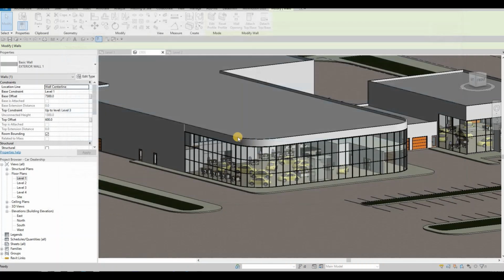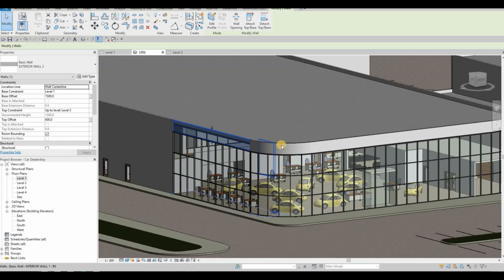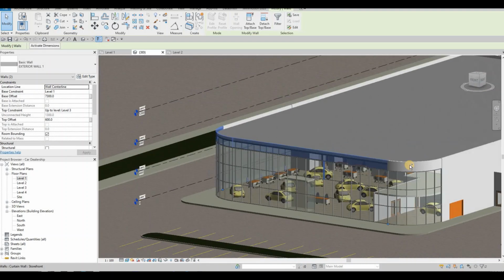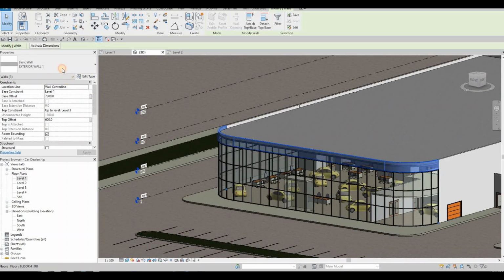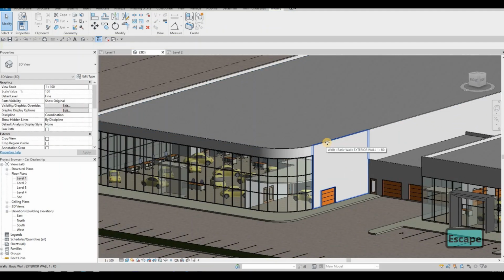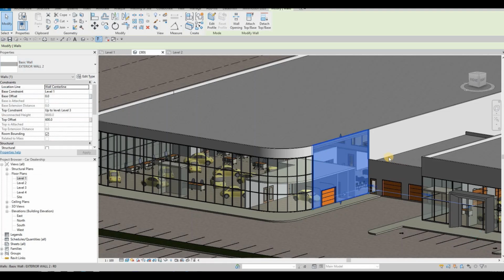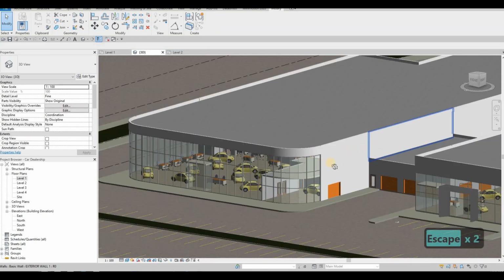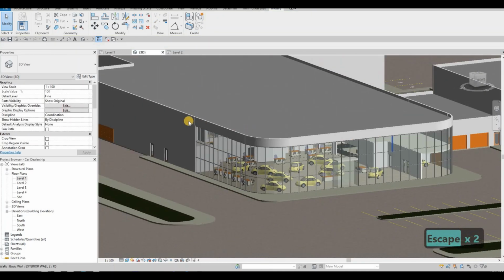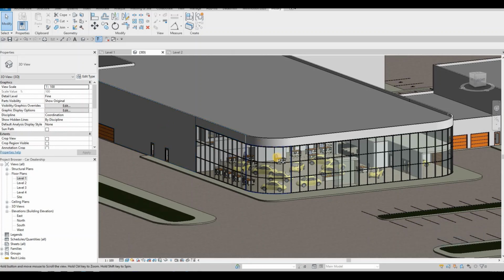Okay, then okay, and then now we're going to change it. So we're going to select this wall right here, this wall, and then this wall to be exterior wall number 2, and then everything else, maybe this wall as well. Let's add this one to exterior wall number 2 because it's always until here only. This one is just regular,